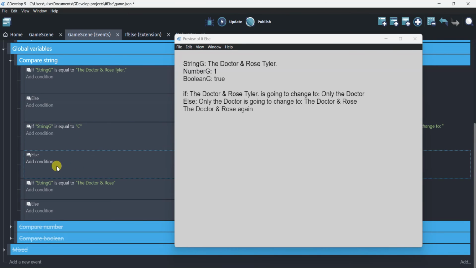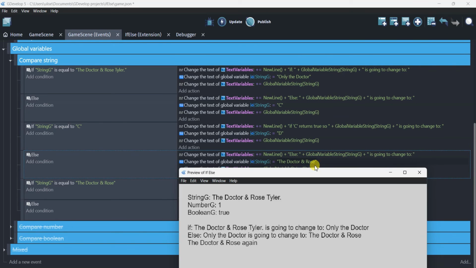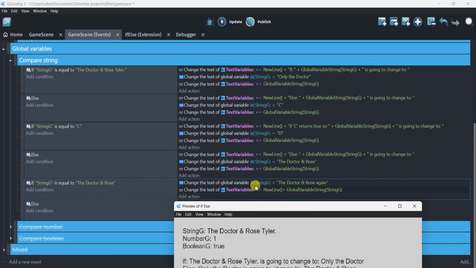Then we come here and change the variable to the doctor and Rose, which is here. We are inside this else, and then another if statement, and is this value the doctor and Rose, this is true,